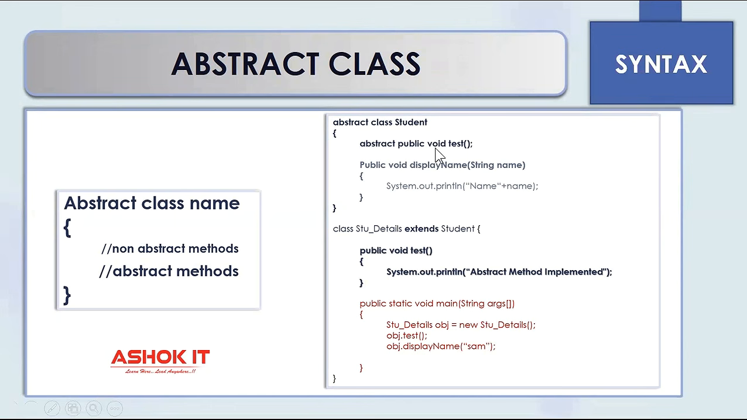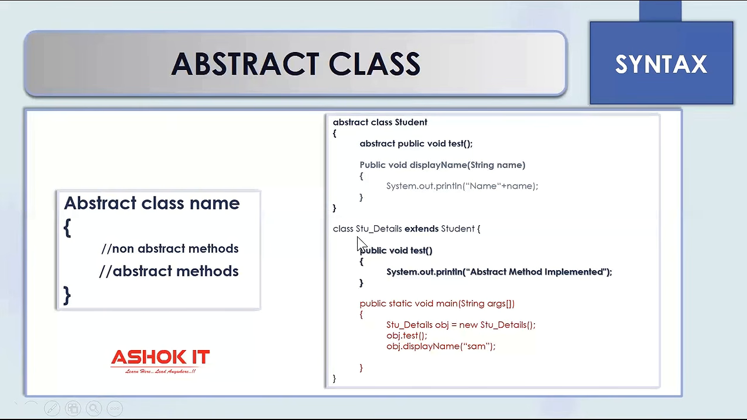It contains a method void test which has no definition. It is not defined, and it is also declared as abstract because it is an abstract method. And the other method, display name, contains the definition here. So it is a non-abstract method, and the abstract method in an abstract class can only be defined by its child